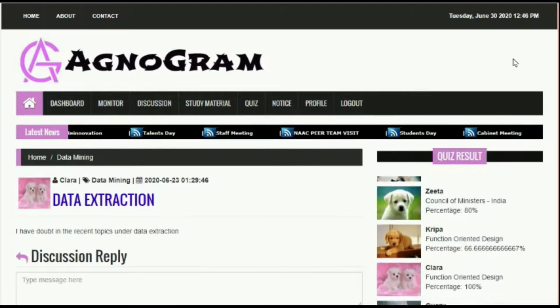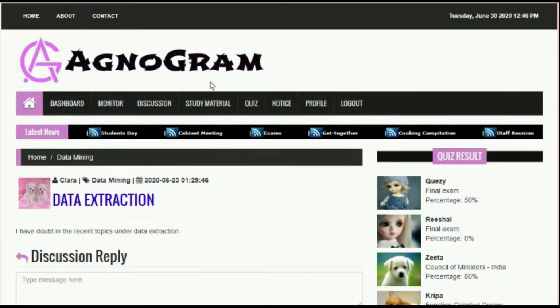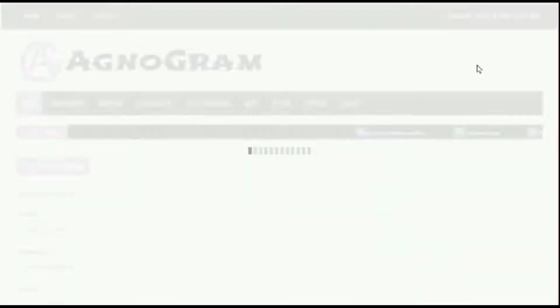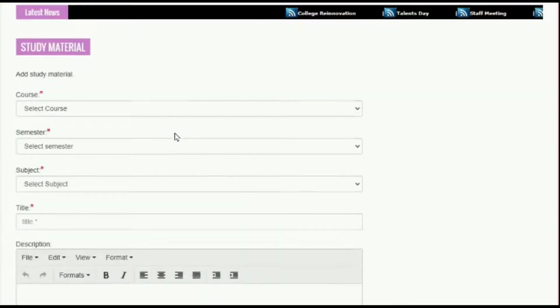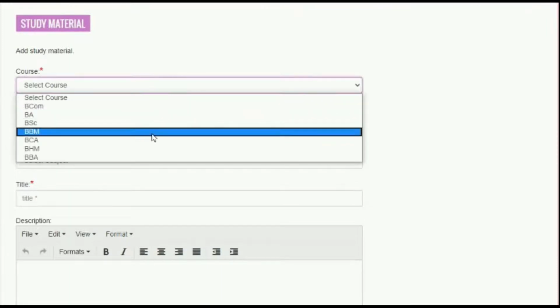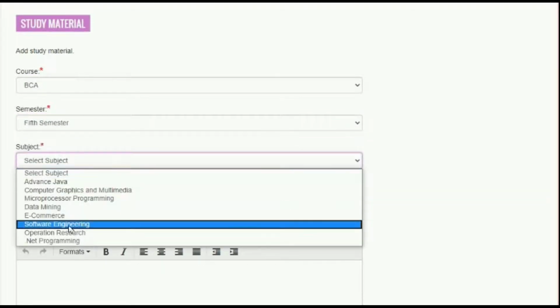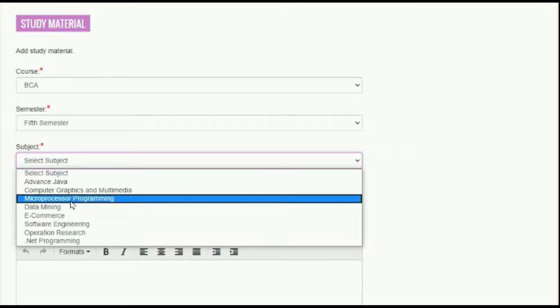Under study material, staff can upload study material by mentioning the course, semester, subject, title and the description, and also the uploads.